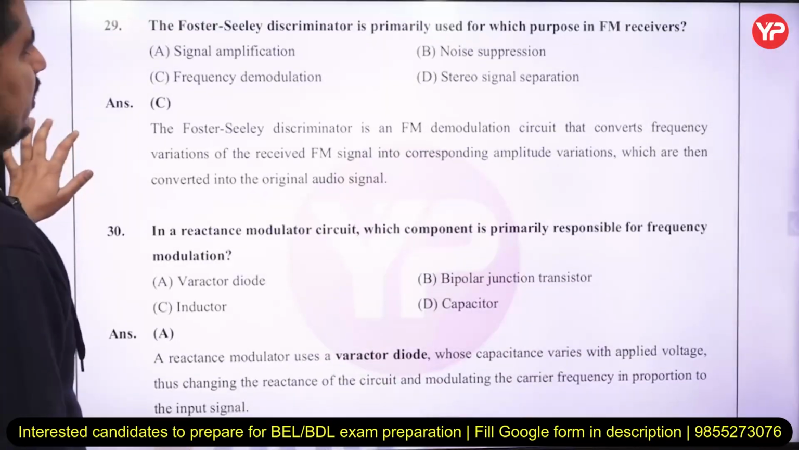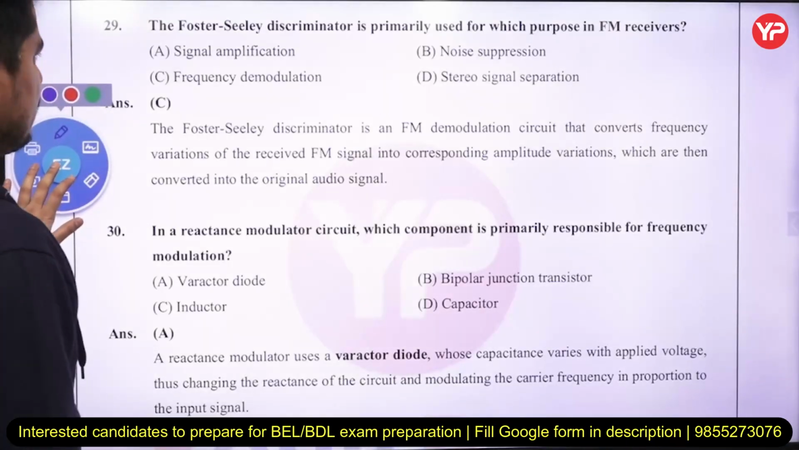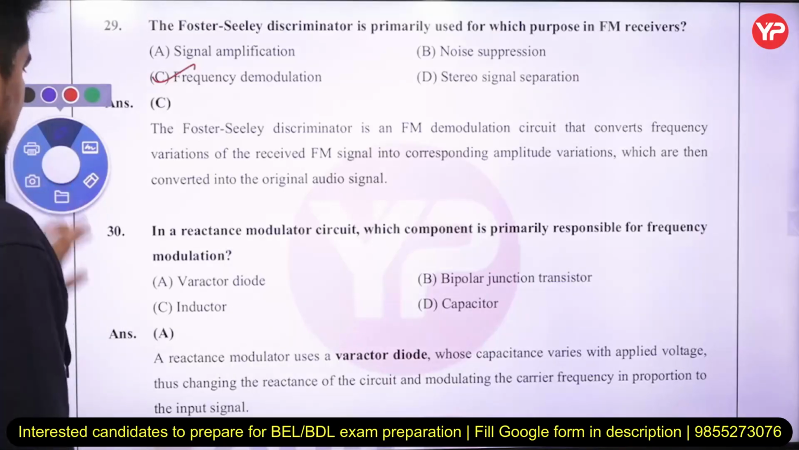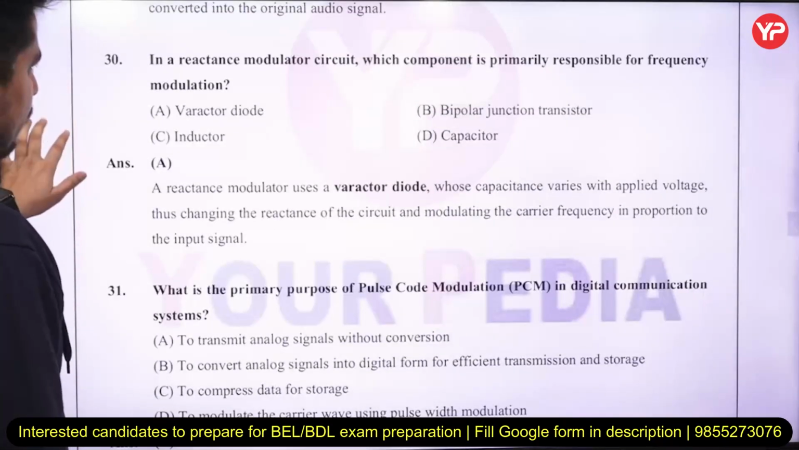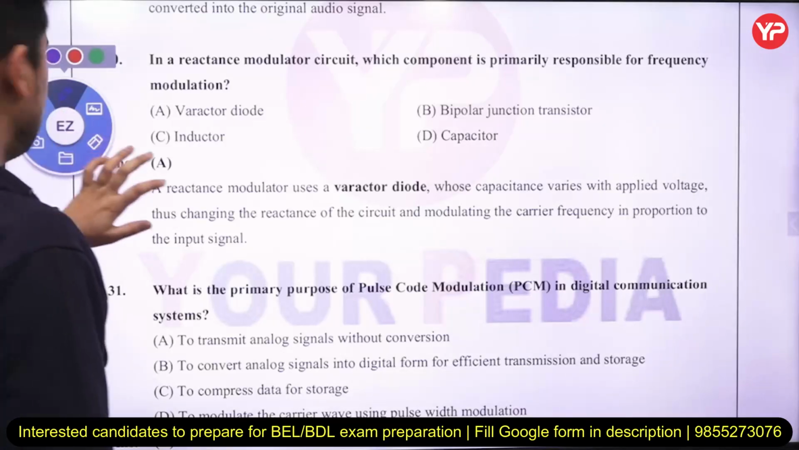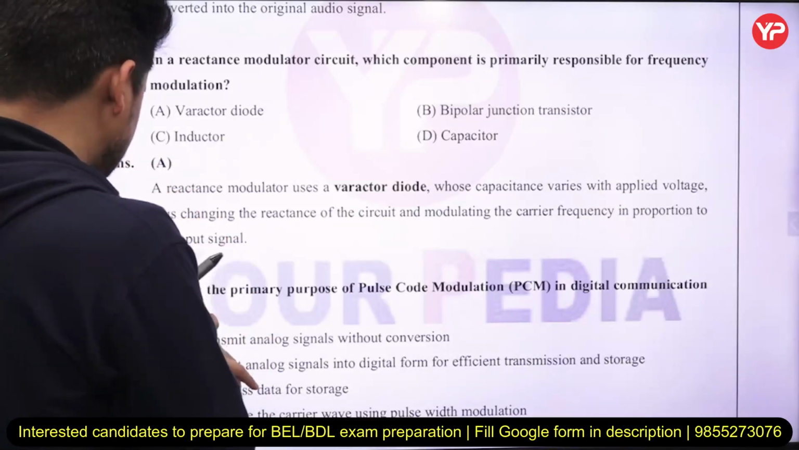The Foster-Seeley discriminator is primarily used in which purpose of an FM receiver? That is used for frequency demodulation, right? Next, in a reactance modulator circuit, which component is primarily responsible